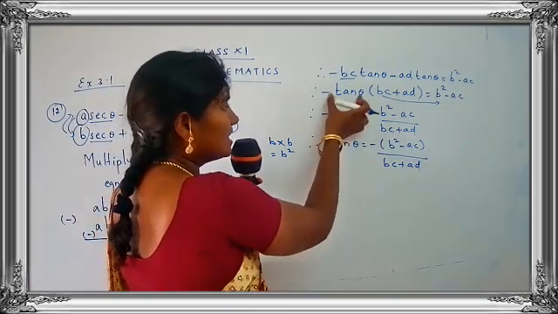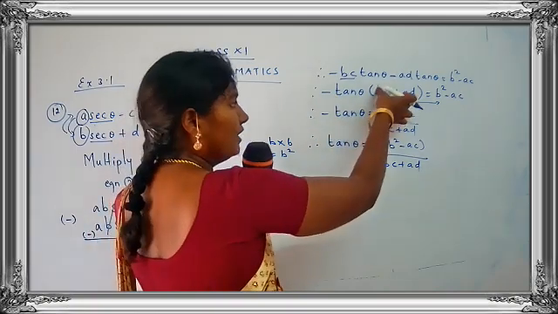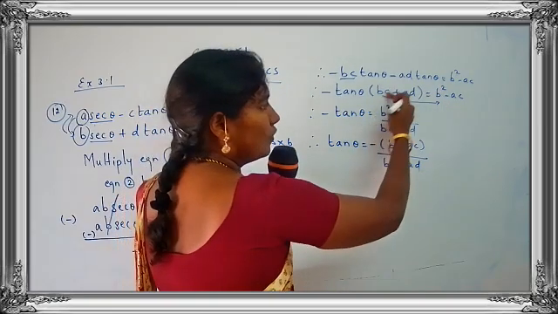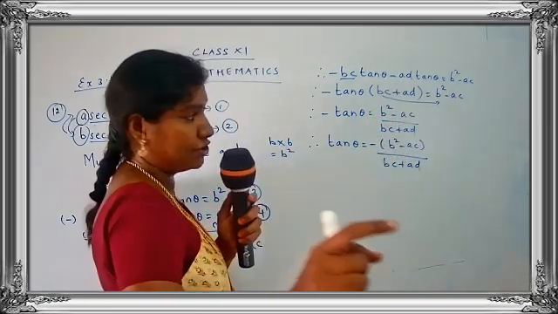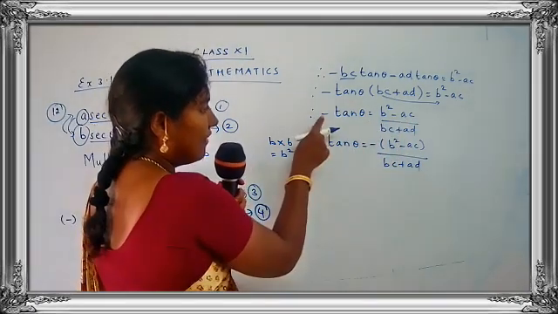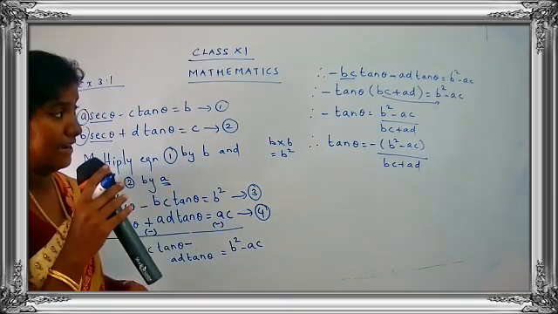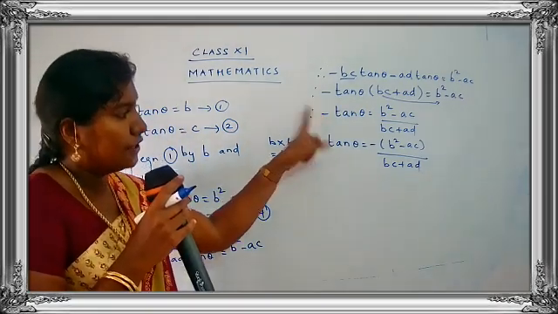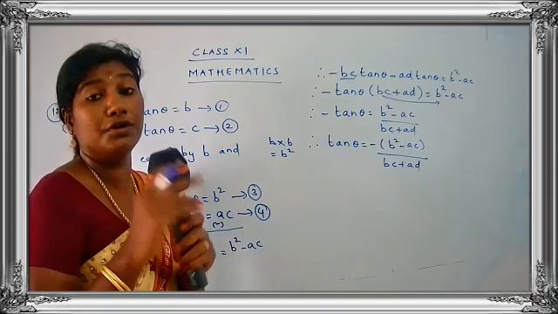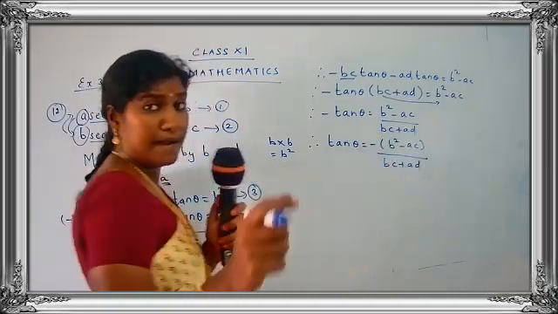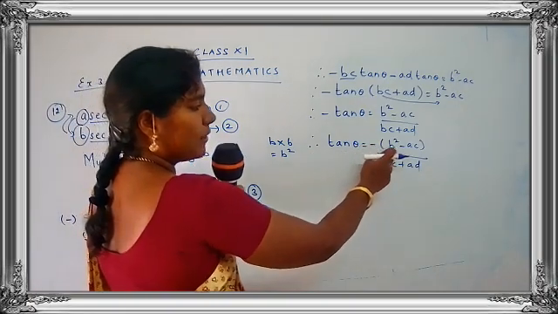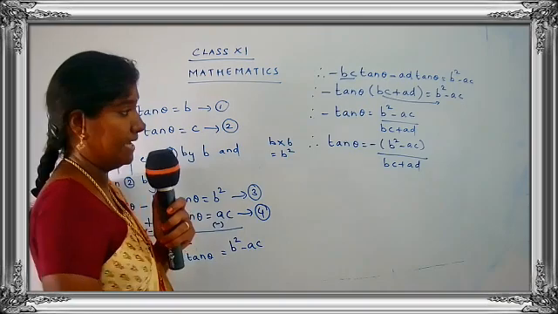So now what I'm doing, I'm just keeping minus tan theta over here and I'm going to take the term with tan theta to the RHS. So BC plus AD, when it goes to the RHS, it will be in the form of division. So B square minus AC upon BC plus AD. Now I have here a negative sign. I don't want a negative sign with tan theta. So I'm just going to take this negative sign to that side. So I'll get tan theta is equal to minus, and remember whenever you're using a minus, try to write the terms in a bracket to avoid confusion. So tan theta is equal to minus of (B square minus AC) upon (BC plus AD).